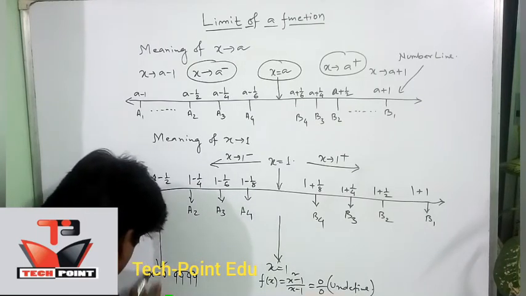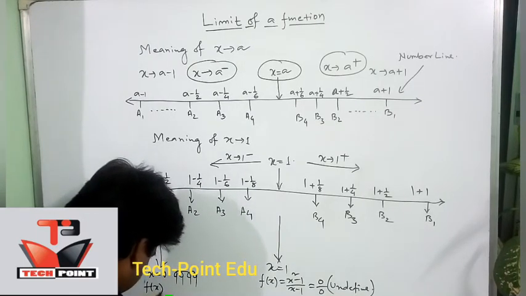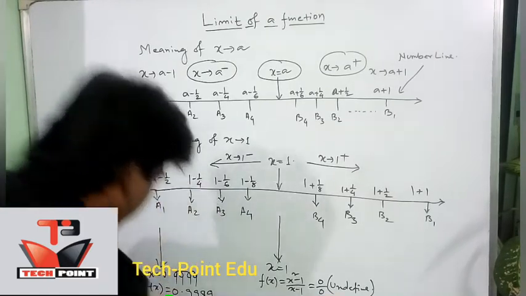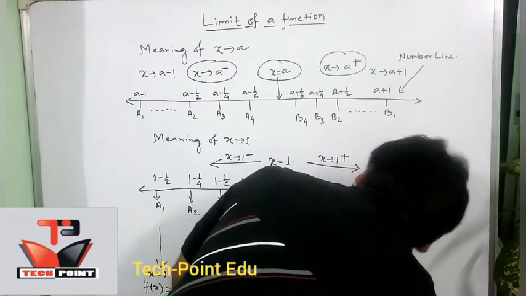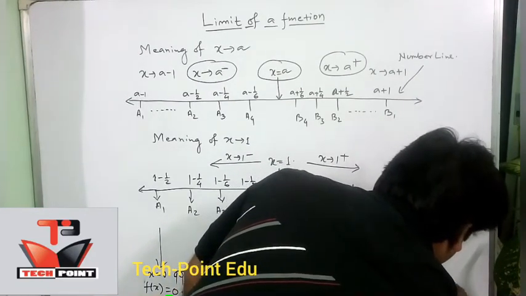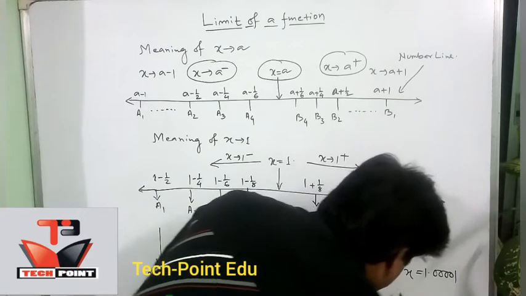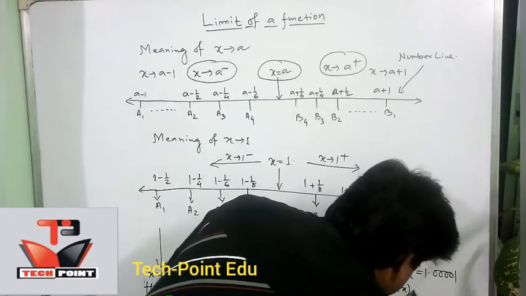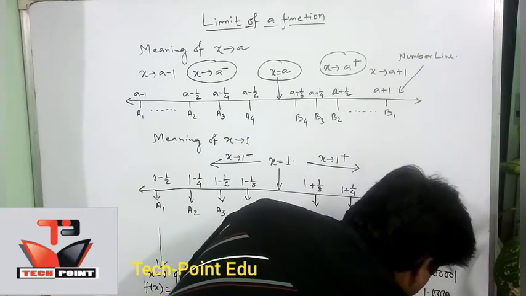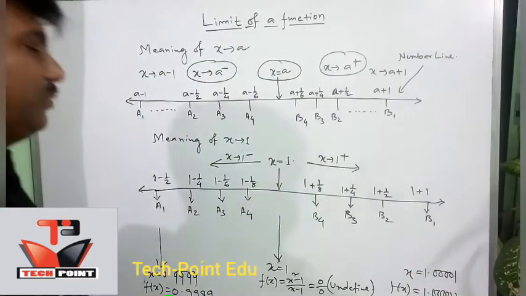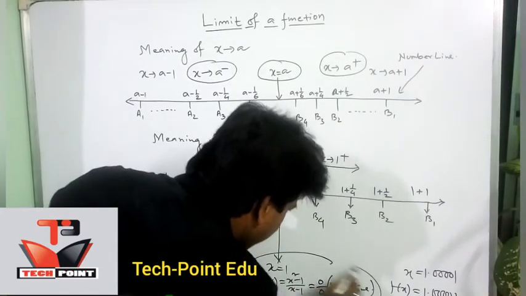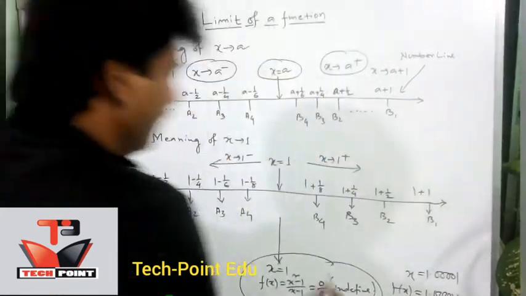At that time f of x was 0.9999, but when x is equal to 1.00001, at that time f of x was 1.00001. This proves that we are not getting the value at this place, but we are getting the value at the nearby points,